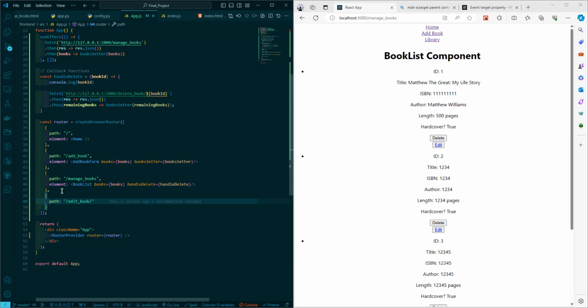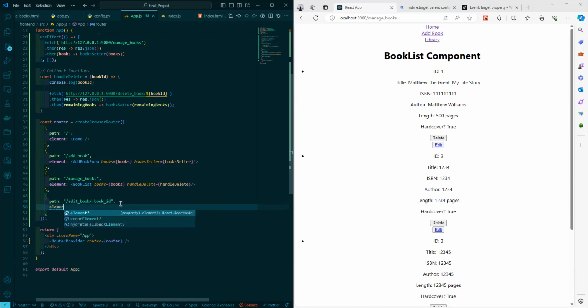Could use params in this case. Okay, that should be fine for us. So let's go ahead here and state book ID. Then let's go ahead here and state elements. The element we want to render, we're going to create a new